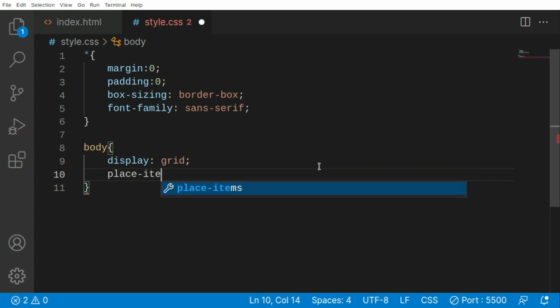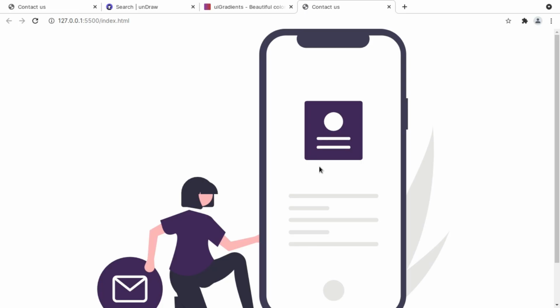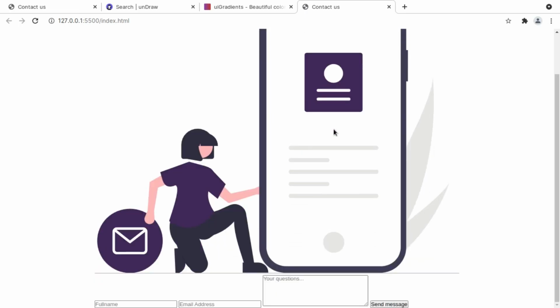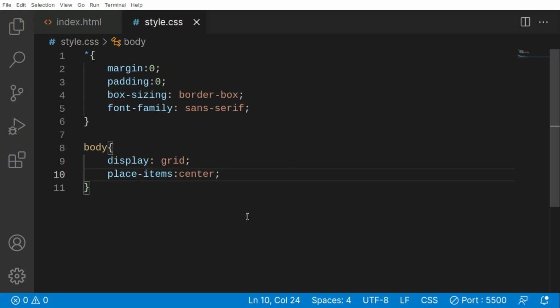Let me spell it correctly. Place-items center, that's going to center all the things. Yeah, the image is centered horizontally, but that's not it. To center vertically, because the image is so large,